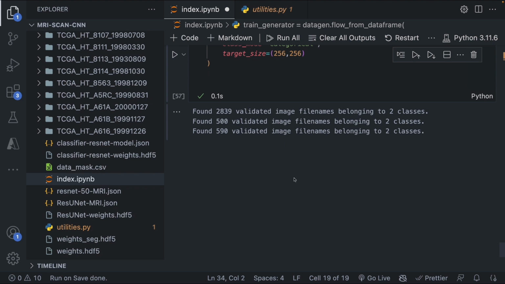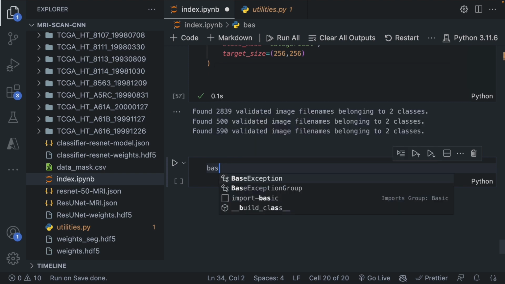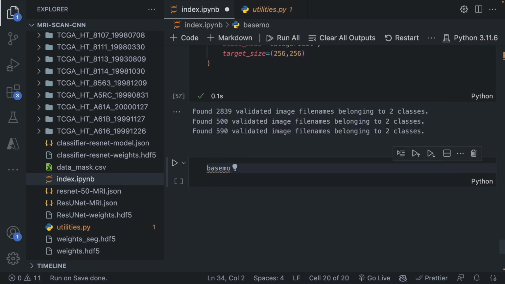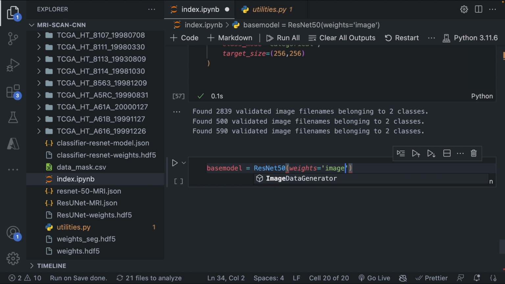We are going to apply transfer learning by initializing the base model using the ResNet 50 architecture with pre-trained weights from the ImageNet dataset, and transfer these features to our dataset for an optimized and better performing model. So we create a new code block. The base model equals ResNet 50, weights we are going to use the ImageNet. So we pass in ImageNet,